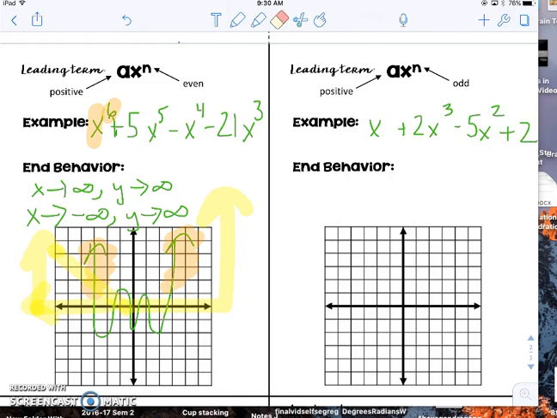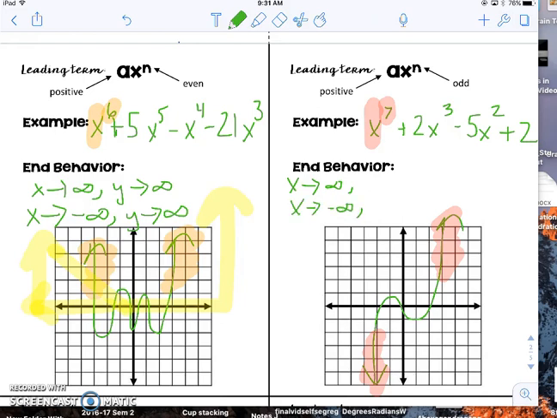So we have that highest power being 7, and it's positive. So this was a bendy straw, meaning it kind of looks like an x cubed. And again, it might have a lot of stuff going on in the middle, but what we're concerned about is these ends. So again, we have as x goes to infinity, what happens to y? And as x goes to